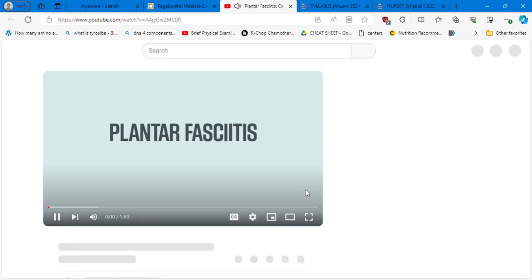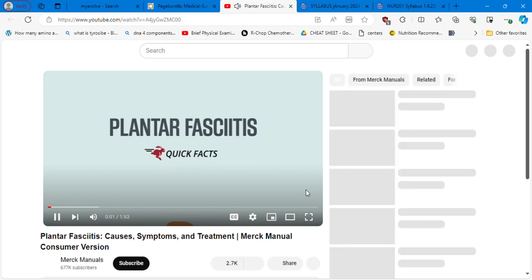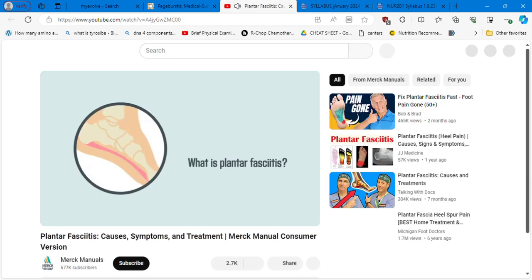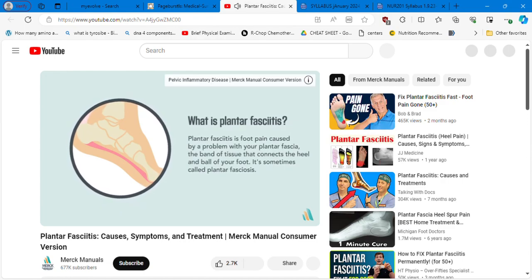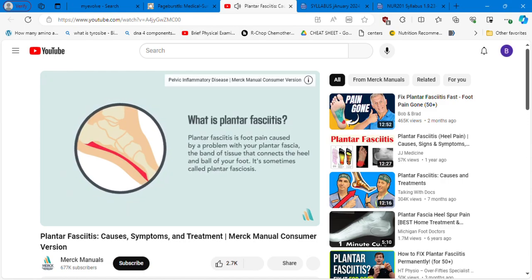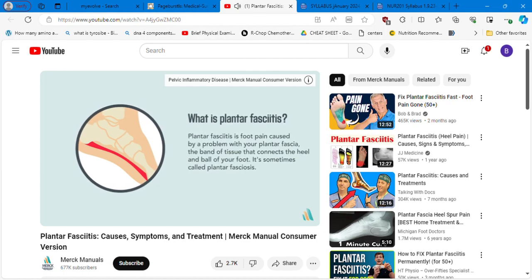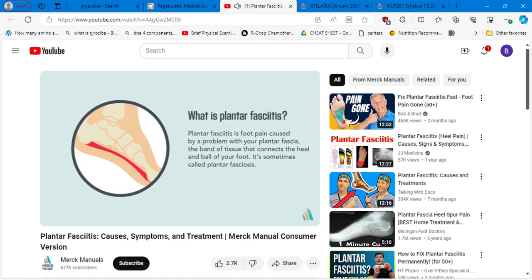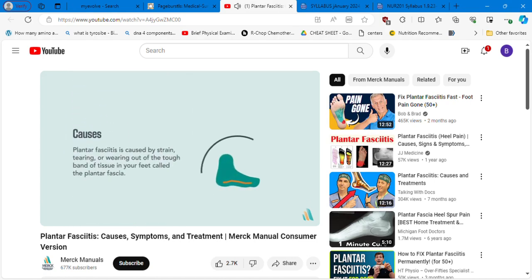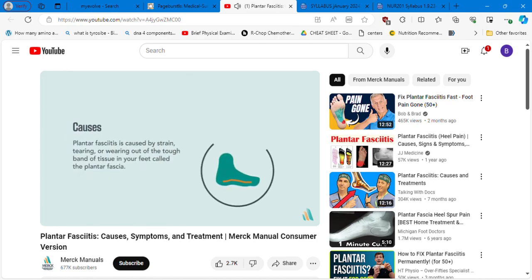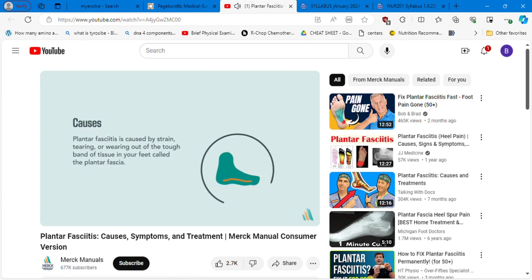Plantar fasciitis, the quick facts. What is plantar fasciitis? Plantar fasciitis is foot pain caused by a problem with your plantar fascia, the band of tissue that connects the heel and ball of your foot. It's sometimes called plantar fasciosis. Plantar fasciitis is caused by strain, tearing, or wearing out of the tough band of tissue in your feet called